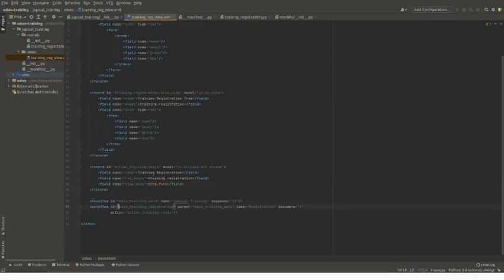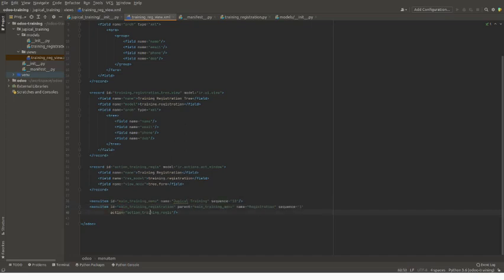And here we have defined two menus. One is the menu item, Jupical training, which is the main menu, and it has no parent and no action. For the submenu, we have given the unique ID of the submenu, training registration. We gave the main menu's ID, that is main training menu, as the parent ID, and the label of this menu as Registration.